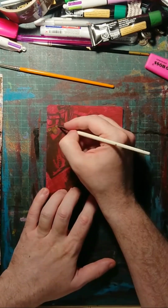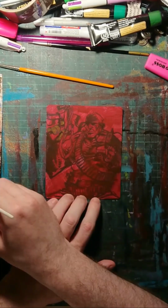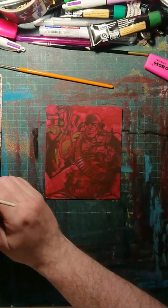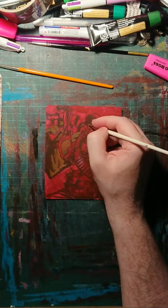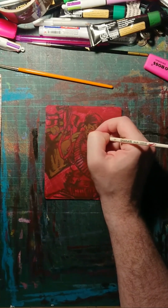Hello, everybody. Today I'm painting a picture of a Rambo-looking warrior called Deathblow, comic book character Deathblow from the comic book Deathblow, also known as Deathblow, which is